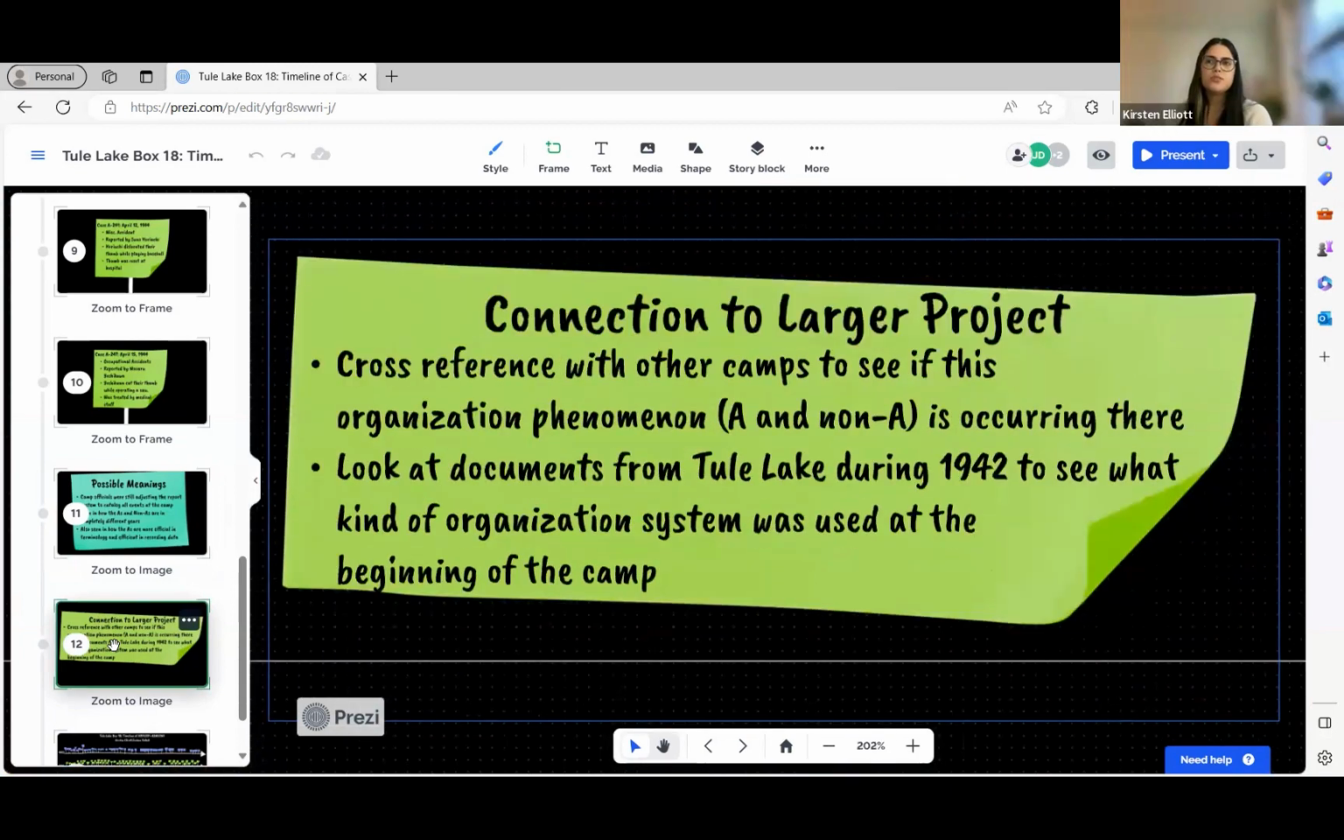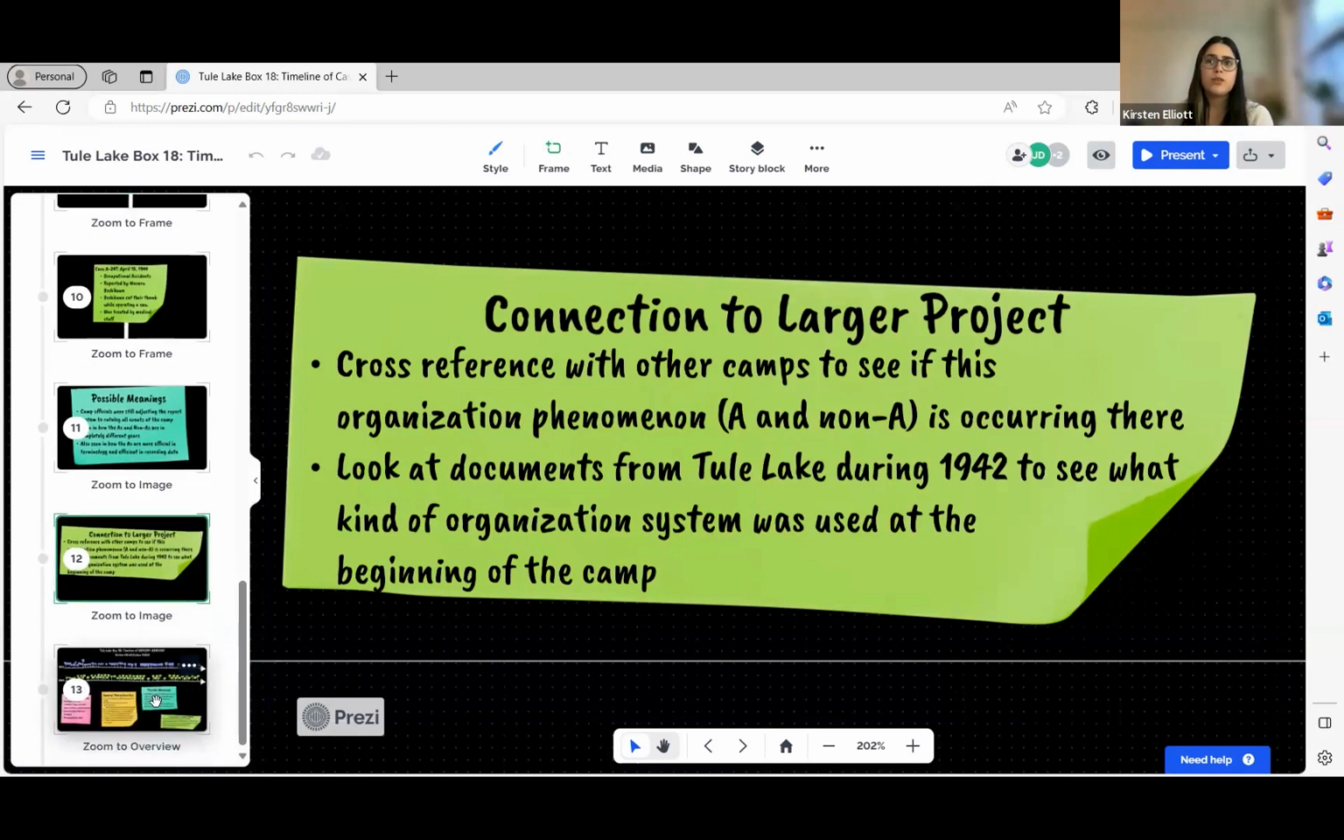Yeah, so in connection to the internment camp documentation as a whole, we were trying to think of different examples of future projects that could be undertaken with this information. You could cross-reference it with other camps to see if this phenomenon of repeating the same case numbers is occurring there and what dates it was occurring, to see if they decided in one full swoop to include the A or the LF as other groups had, or if that was a camp-by-camp decision. You could also look at documents from Tule Lake in 1942 when it first opened to see what kind of organization system was used at the beginning of the camp,